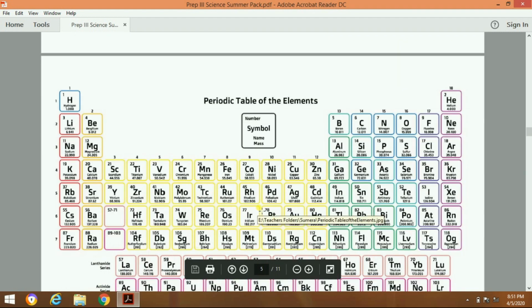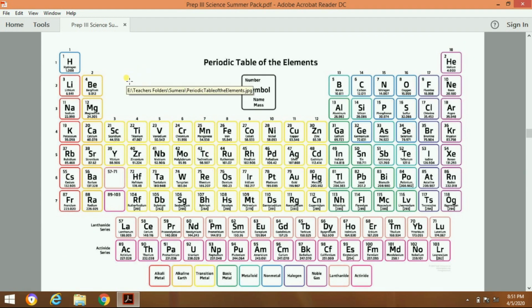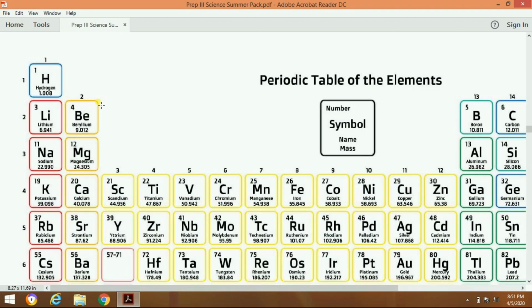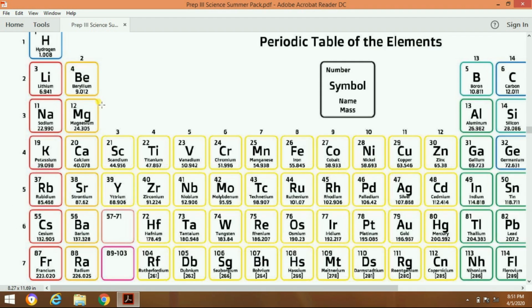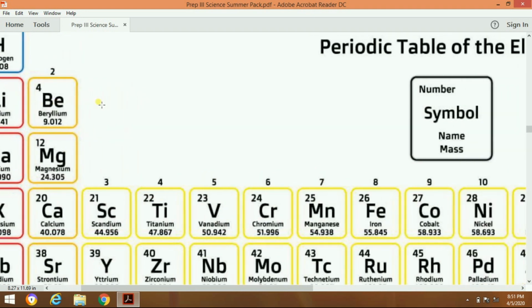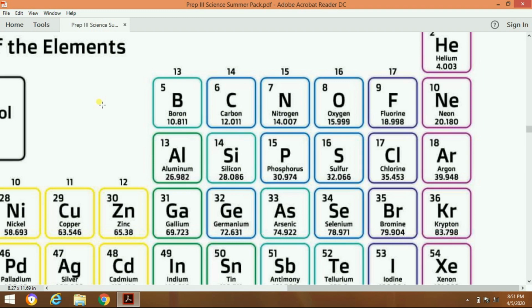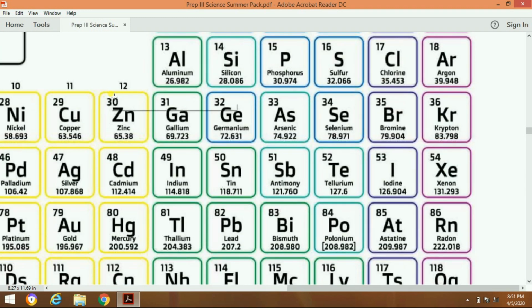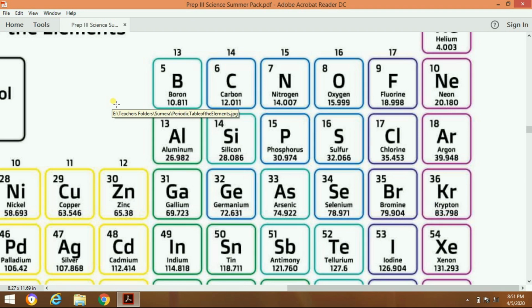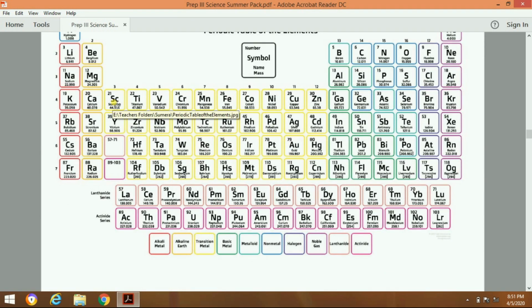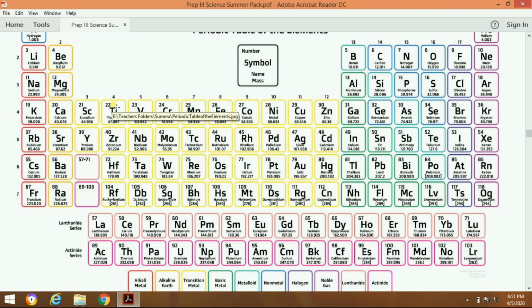Now, you can notice here that every period starts with alkali metals like lithium, and ends with the noble gases like helium, neon, argon, krypton, xenon, radon. What you have to learn in this periodic table? You have to learn the names and symbols of groups 1A till group 8A and the first series of these transition metals and some other frequently used elements.